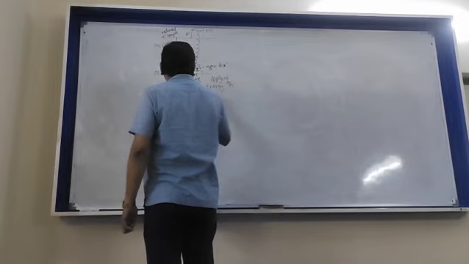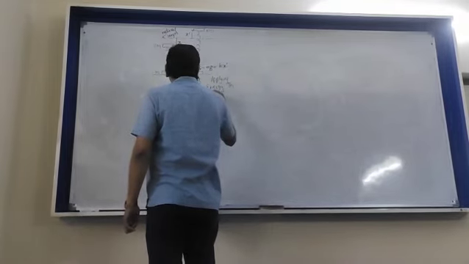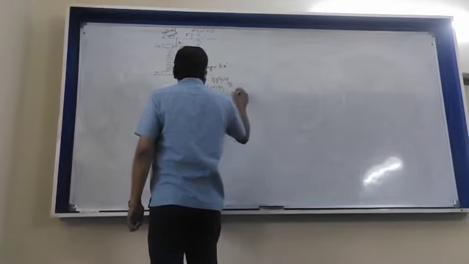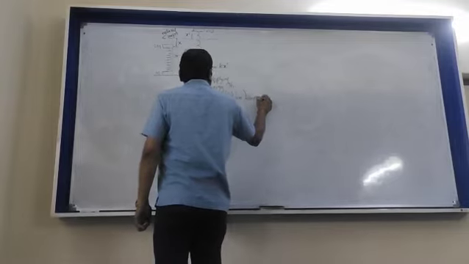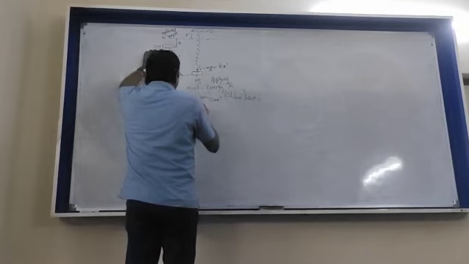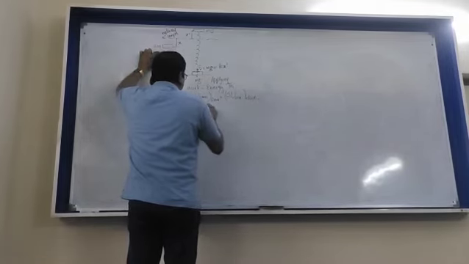Gain in gravitational potential energy should be equal to loss in elastic potential energy, because there is no change in kinetic energy. So here, mass is 2m, so mass into g into h. H is